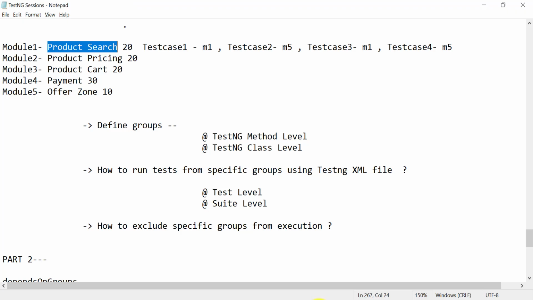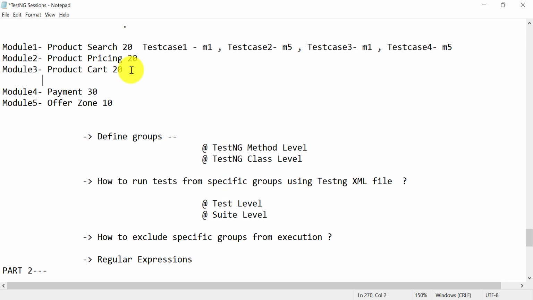And the last point we want to discuss is regular expression. Okay, so let's say in our module 3, which is testing this product cart. Okay, so in module 3 I have, again we have two groups.